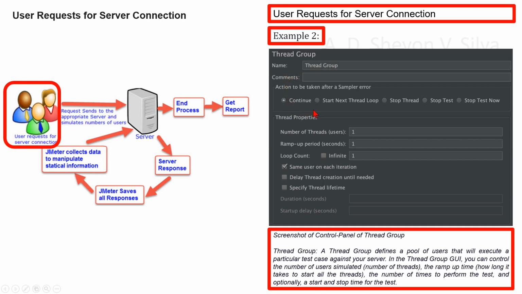An action to be taken after a sampler error determines what happens if a sampler error occurs, either because the sample itself failed or an assertion failed. The possible choices are continue, which ignores the error and continues with the test; start next thread loop, which ignores the error, starts the next loop and continues with the test; stop thread, the current thread exits;